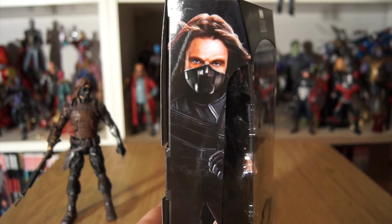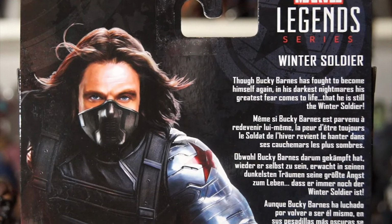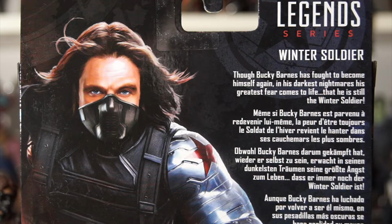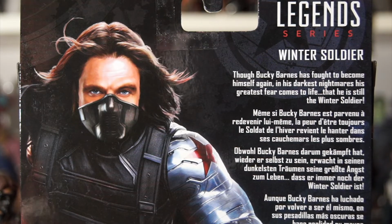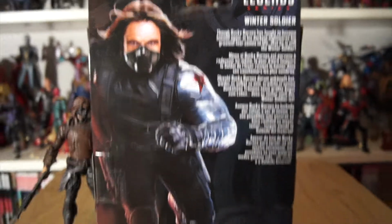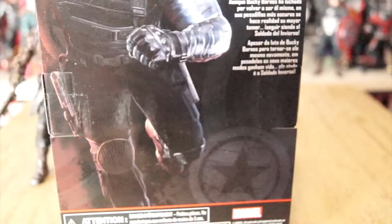Great painting of Bucky there on the side in his Winter Soldier / Civil War style. Winter Soldier. Though Bucky Barnes has fought to become himself again, in his darkest nightmares his greatest fear comes to life, that he is still the Winter Soldier. With a great painting of him. That's a gorgeous picture. Amazing work there. Who's the artist on this? Is it the fella who's on Instagram who does the artwork? We'll figure it out. He's a good guy. But anyway, point is,